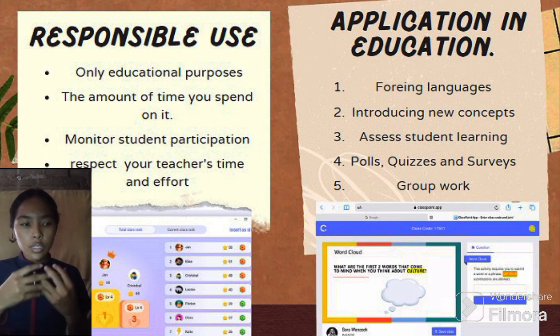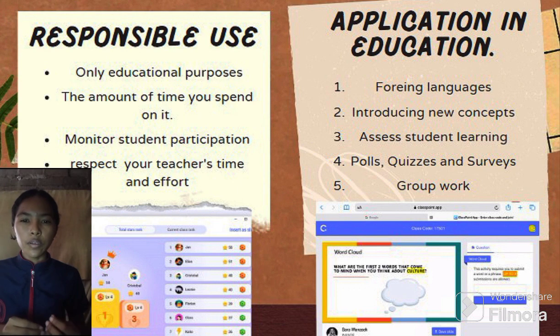It's important to see the behavior of the students during the class, how they react to the use of Classpoint, and then the teacher can help the students that are struggling maybe with this type of